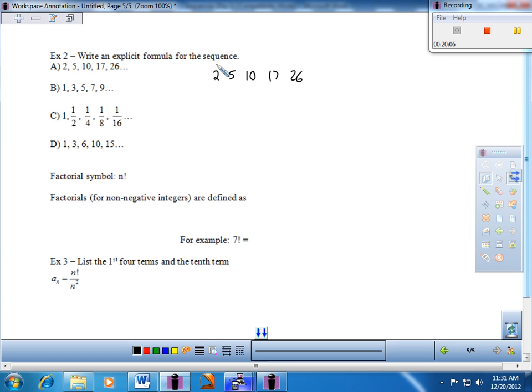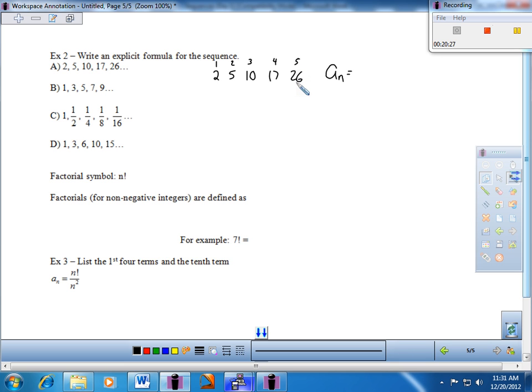And again, I'm trying to find a rule to go from inputs to outputs. Okay, so think about it for a minute. It'd be great for you to pause the video on occasion. These are your inputs, and I need a mathematical rule to translate those inputs into these outputs right here. So those are our n values, and what I'm looking for is a way to get the value of the nth term based on n. And so in this particular case, just curious what you see. How do you make 1 go to 2, or 2 to 5, or 3 to 10, or 4 to 17,